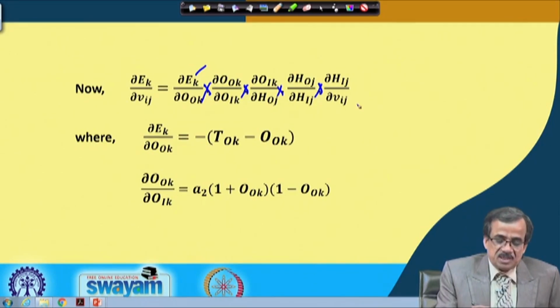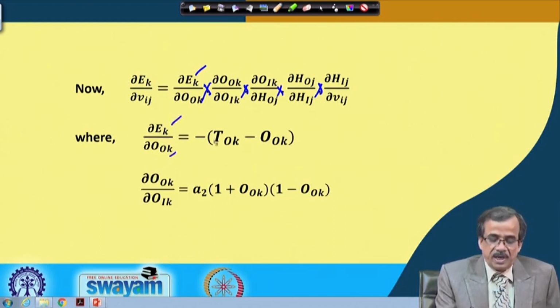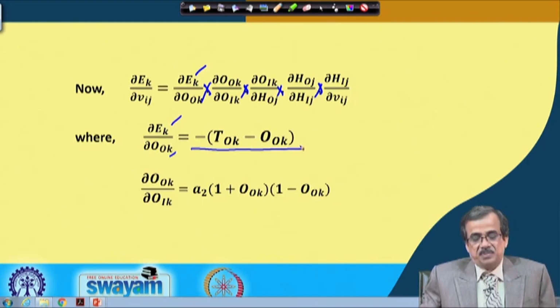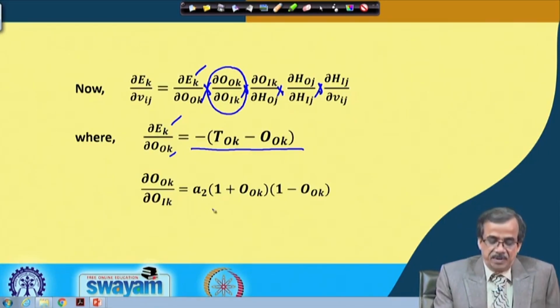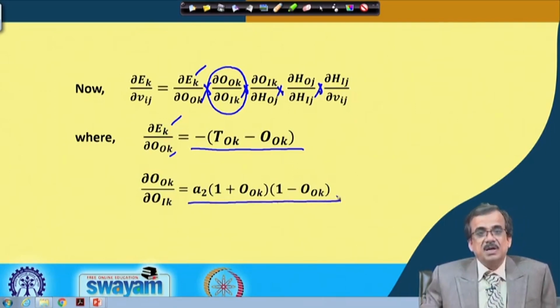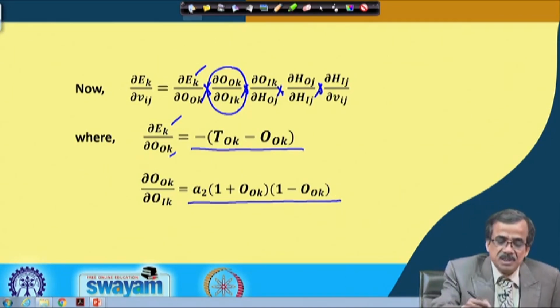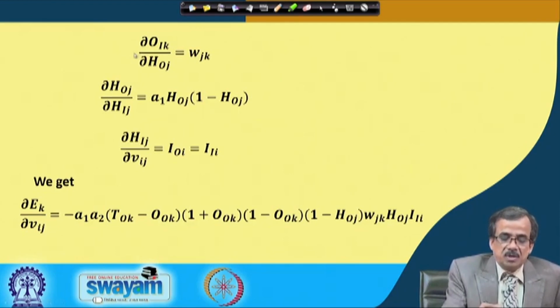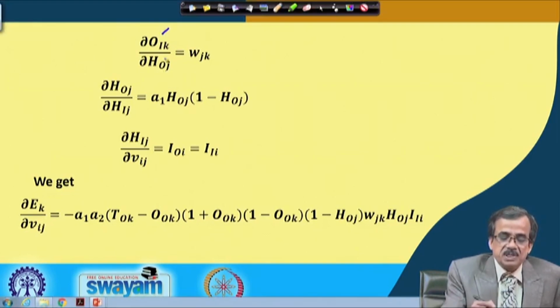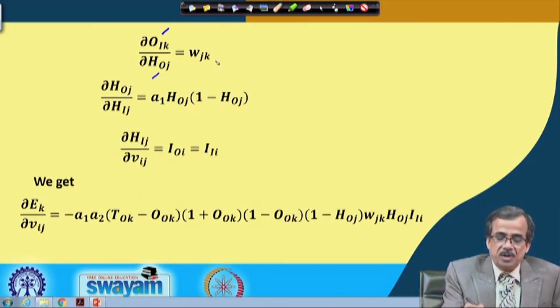Now, we have already discussed how to determine these partial derivatives. The partial derivative of E_k with respect to O_Ok is nothing but this particular expression, which we have also seen how to determine. Now, I am just going to discuss how to find out the next one, that is the partial derivative of O_Ik with respect to H_Oj, that is nothing but W_jk,